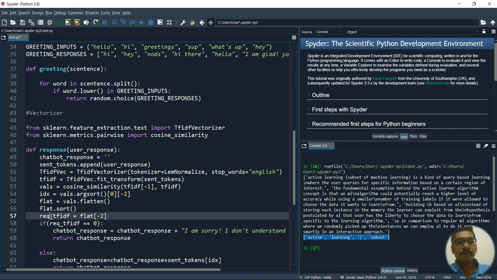And what we do is, we create a requirement tf-idf object, and inside that we just slice it. That is now flat, and since it's a vector, we can do the slicing of -2. So from the -2 index, it will start checking whether that document matches with the user query or not.